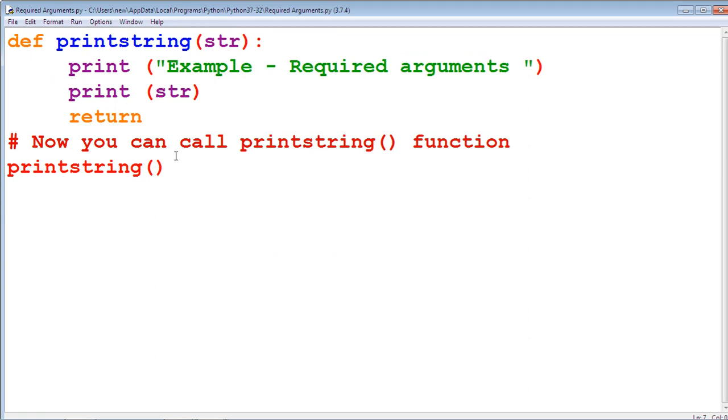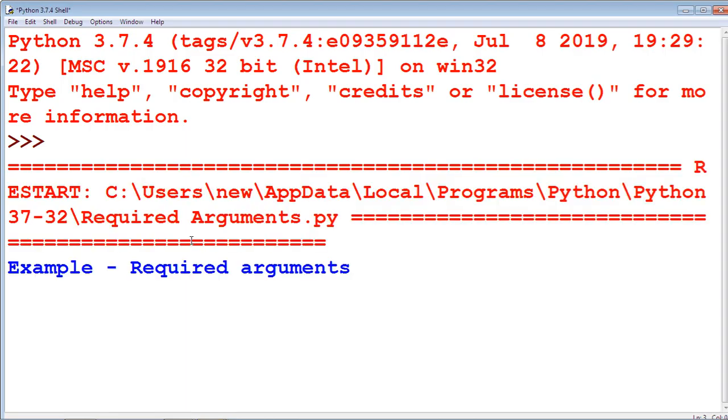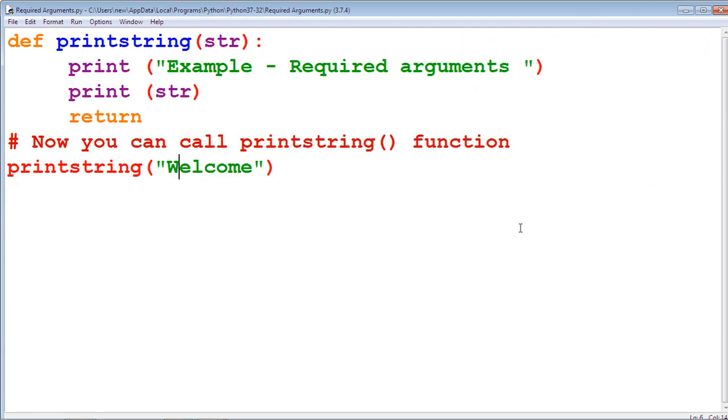This program is rectified by giving a value for the str, the text welcome. Save this program, file save, and run it by run module. Now the answer is: example required arguments welcome. The program is rectified by giving welcome.